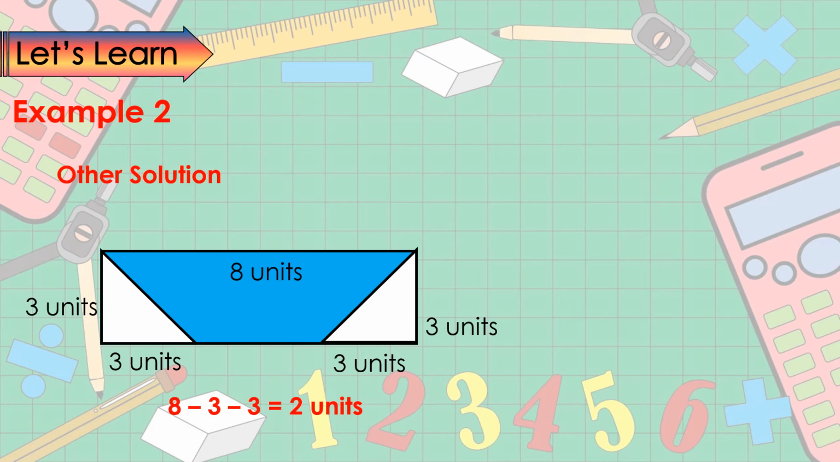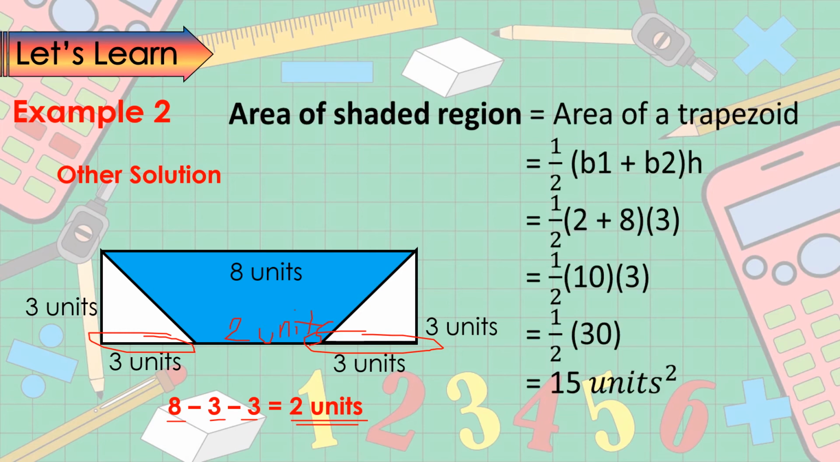So we have 8. Then I'm going to subtract the units that we have. So I have 3 units and another 3 units for this base. So 8 minus 6 will give me 2 units. Therefore, this base has a 2 unit measure. Okay? So using the formula of a trapezoid, we have area of a trapezoid is equivalent to